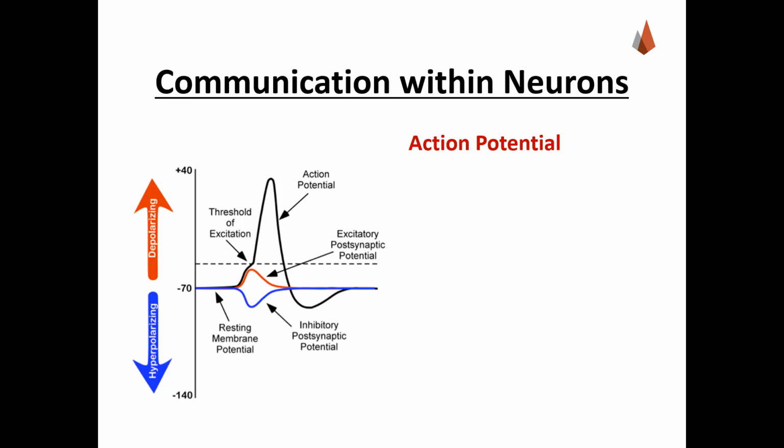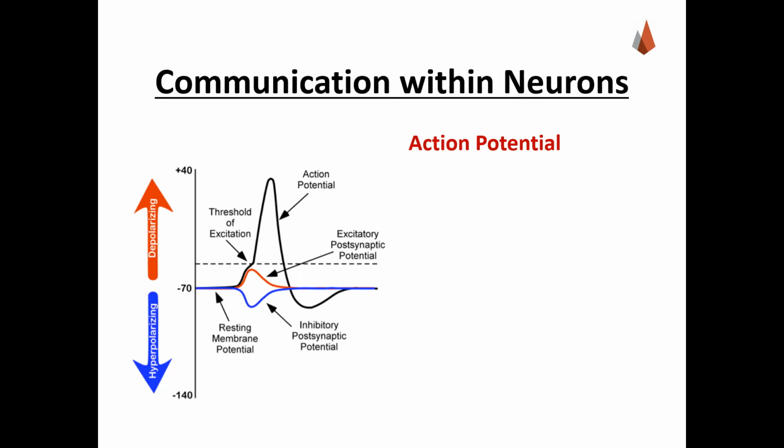Okay, so again, I don't want folks to get too worried about all the ins and outs of the negative 70 millivolts and the 50 millivolts and all that other stuff. But what matters is that neurons have a resting membrane potential, and that's at negative 70 millivolts. That's what we see here on the left-hand side. That's where all the lines are starting except for that dotted line, and the reason for that is that the dotted line represents the threshold of excitation. That means the level of electrical charge that the neuron membrane has to reach